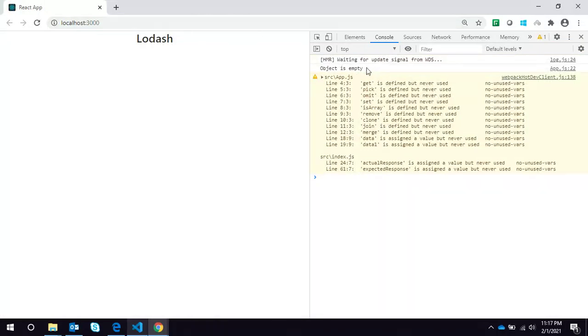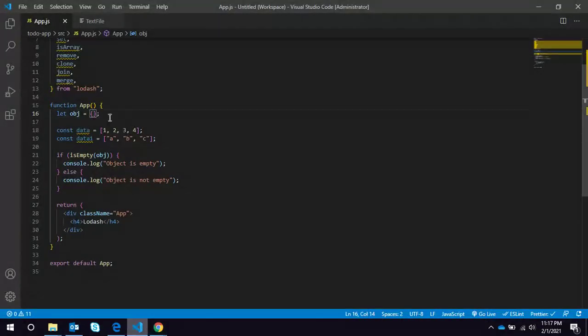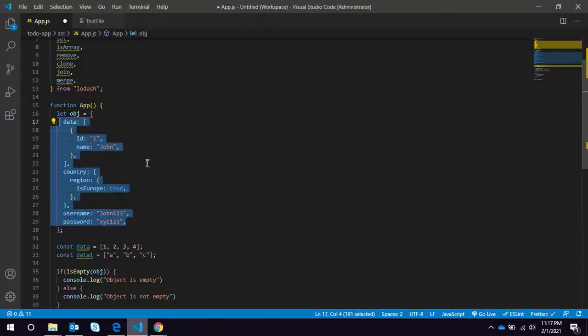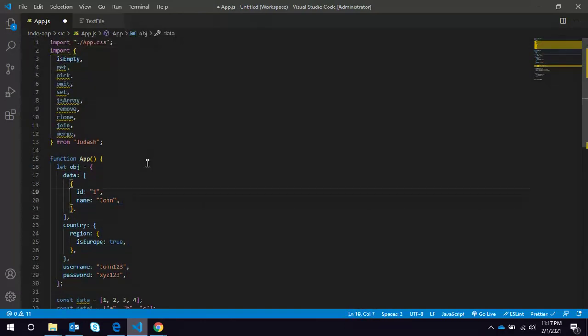We are getting the object is empty, because now our object is empty, so it's coming in the if condition. Revert the changes so that we can work on other utility functions.